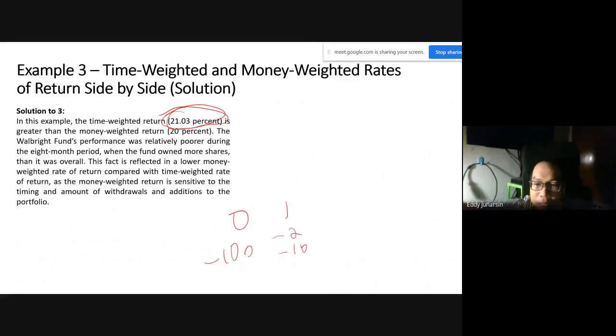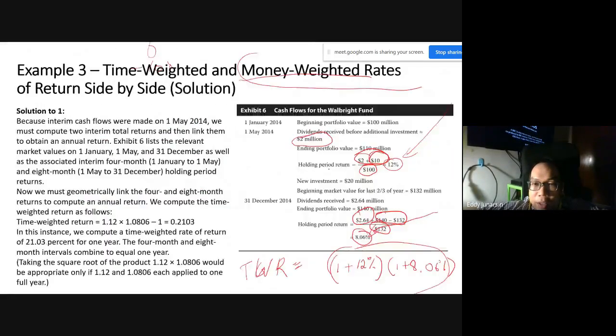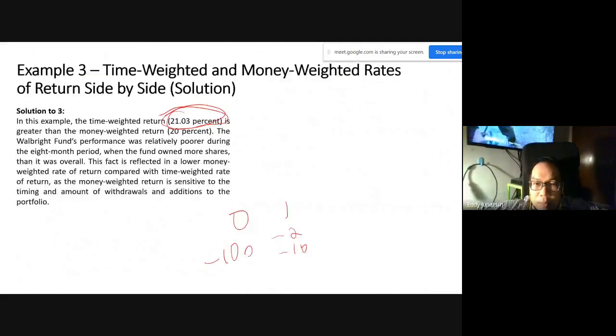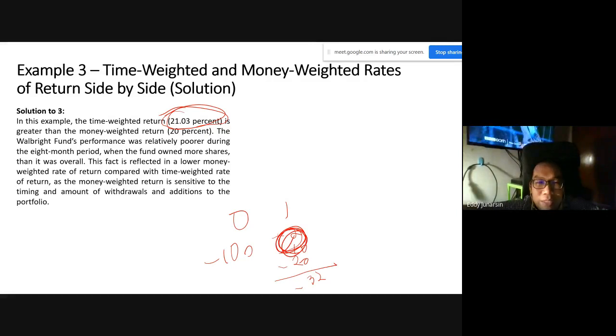It could be -2, -10, and then remember that the investor did invest new 20 million. So you see here, the cash flow could be -32, or you say these two are not, because the investor didn't invest additional money in real terms. The 12 here was part of the compensation or returns from the previous period that were reinvested. So you could say -32 or -20. Up to you how to see the case.